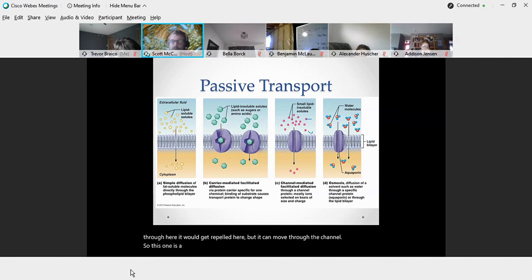And then our last one is the very special case of osmosis, where water can move back and forth across the membrane or go through what's called an aquaporin, which we'll talk about later. Aquaporins are in your intestines. I think we talked about diarrhea, right? That's basically what's in the intestines to increase water into your intestines if you need it. Okay, so just so you know,